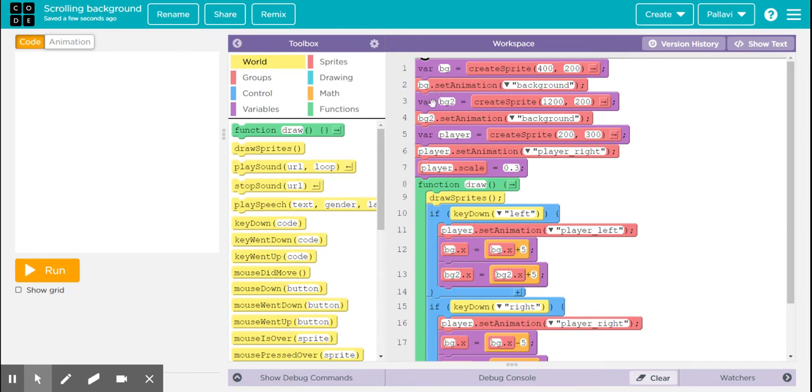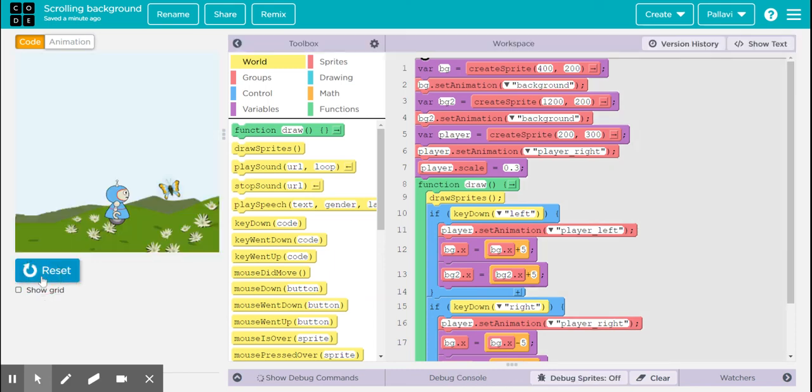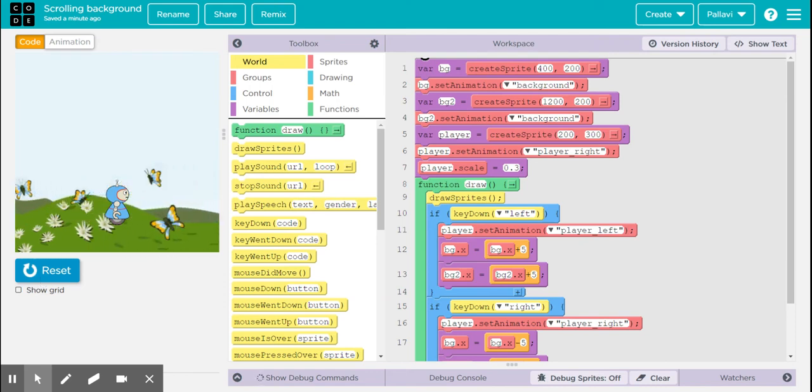So in the code, I have used that image twice. Now here, if you look at the X position of the backgrounds, it depends upon the length of one image. The first image ends at 1200, and that's where the second image starts. If your first image ends at 700, then your second background image should continue from 700 onwards. So this is more of a trial and error. You can run your code and see where your first image ends and begin the second image from that point onwards. The X position for both the background images would be the same.